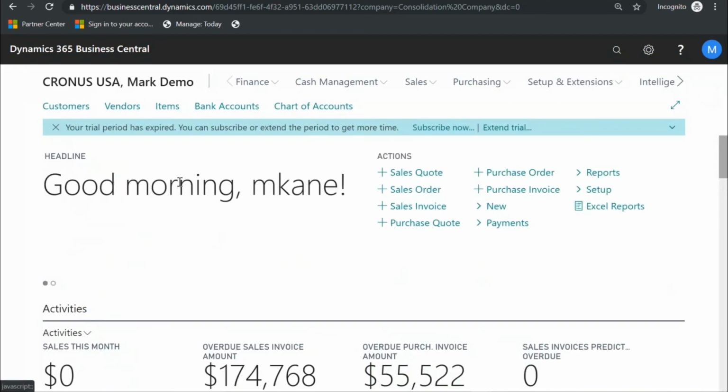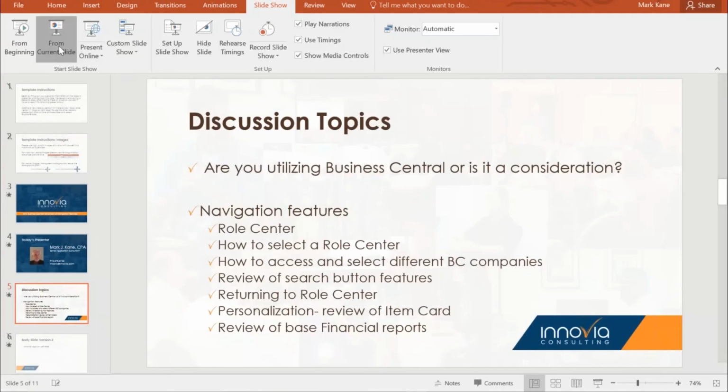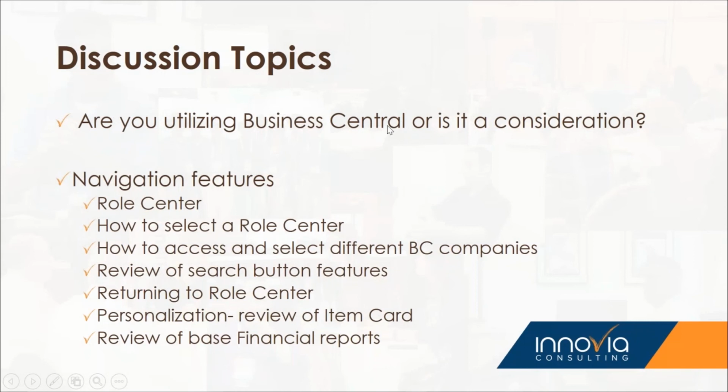So that's basically it. So what I'm going to do here is I'm going to pop back over here. Okay, so we went over, asked the question, are you utilizing Business Central or Consideration? I think we've got a nice mix of both. And went through the navigation feature of the Role Center, how to select the Role Center, how to access and select different BC companies, review of search button features, showed you how to return back to the Role Center by clicking on the company name, showed you the personalization, how you can kind of slice and dice and personalize make